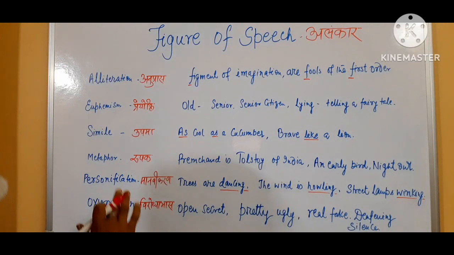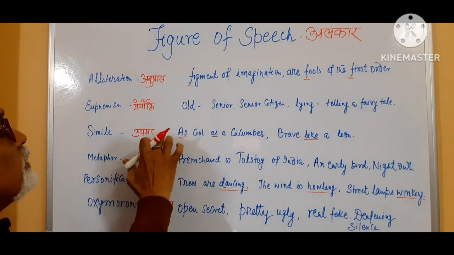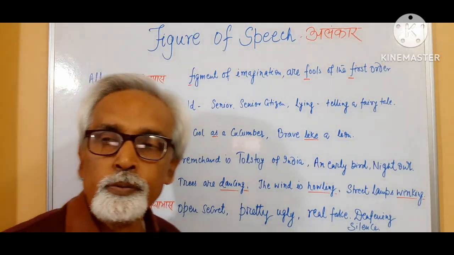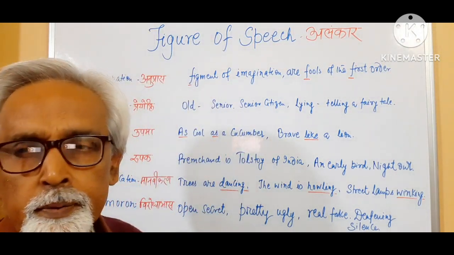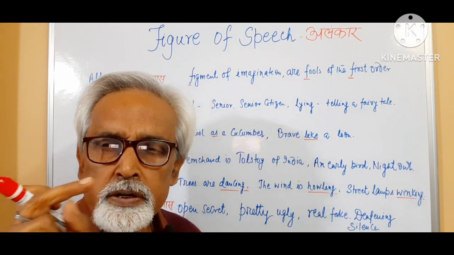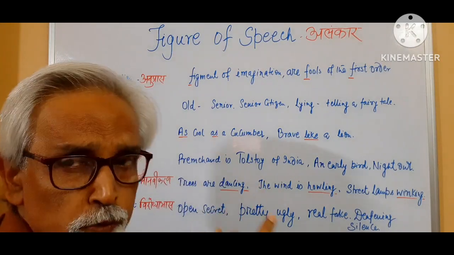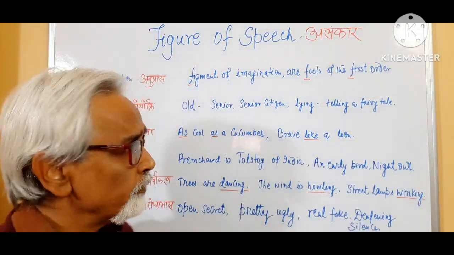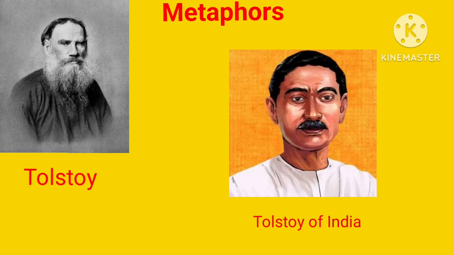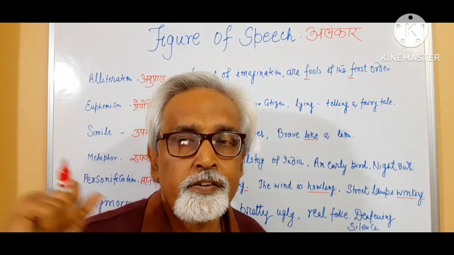Clear? Now coming to metaphor. Simile and metaphor are sometimes confused with each other, but metaphor is a little different from simile. In metaphor, comparison is there between two objects to show similarity, but while making this comparison, we do not use the words as or like. Such words are not needed, because the comparison is quite clear even without using them.